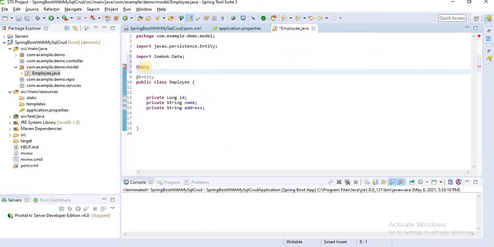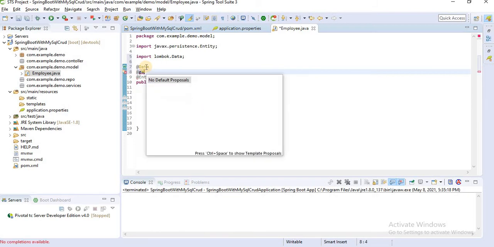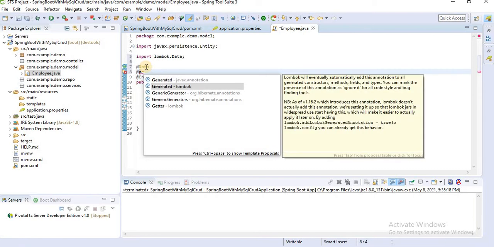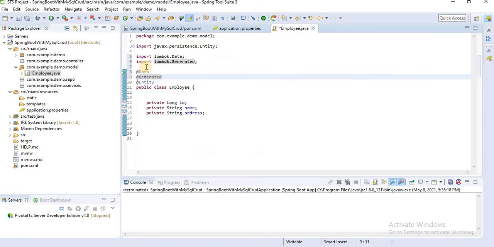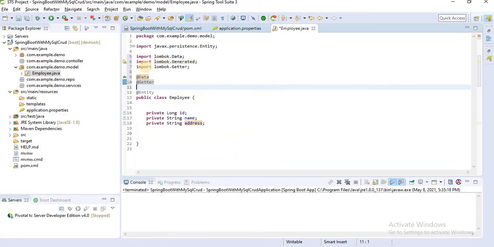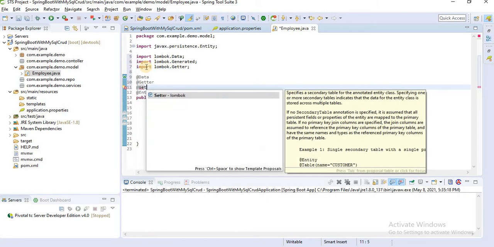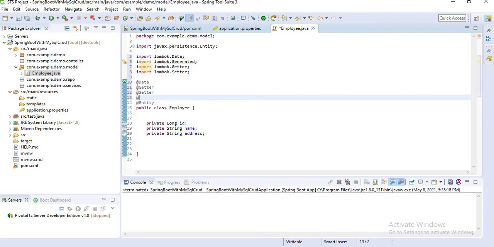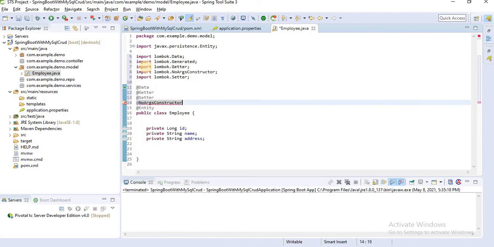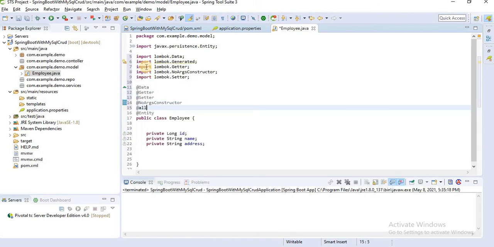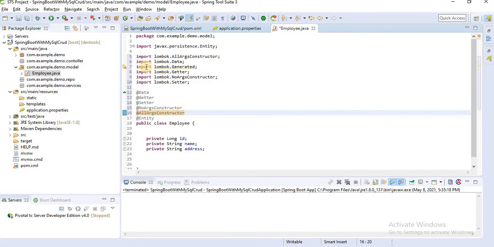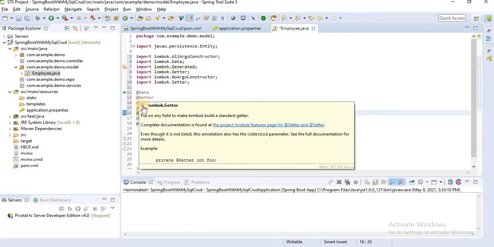Or we also have @Getter and @Setter, which also provide a no-arg constructor and all-arg constructor. Lombok provides most of these things.